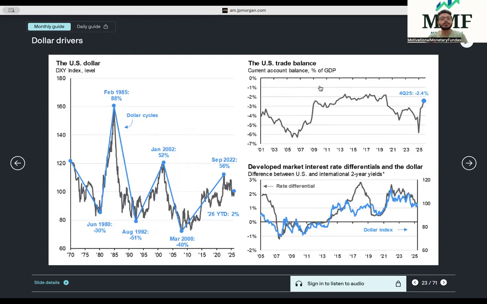Though we have significantly improved our condition over the past 2 to 5 years, the same is there with every country. So the current account deficit as a percentage of GDP will not impact the currency over a shorter-term tenure, but it will impact the currency over a long-term basis. Over a short-term basis, the interest rate differential impacts your currency. But over a long-term basis, the current account deficit impacts your currency and not the interest rate differential.